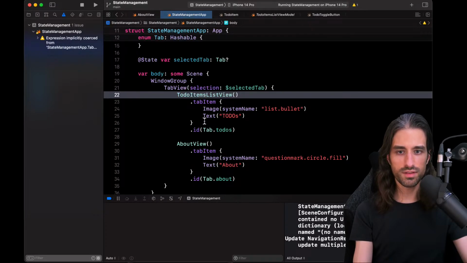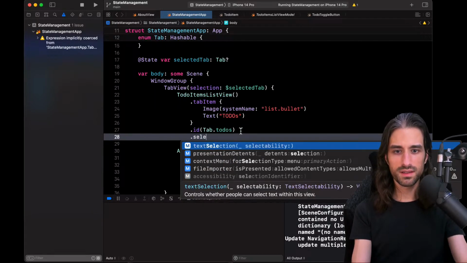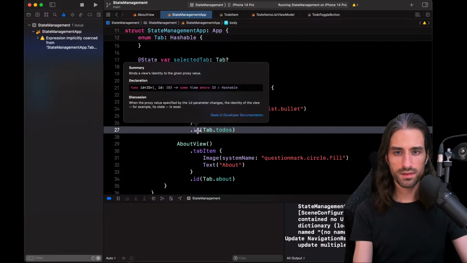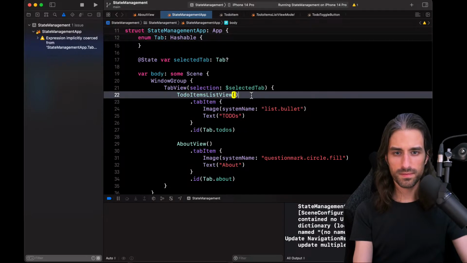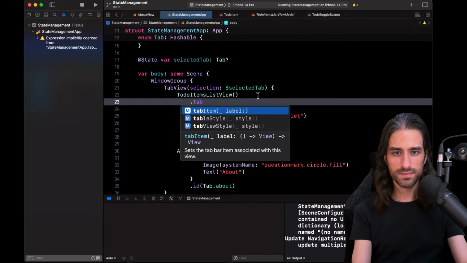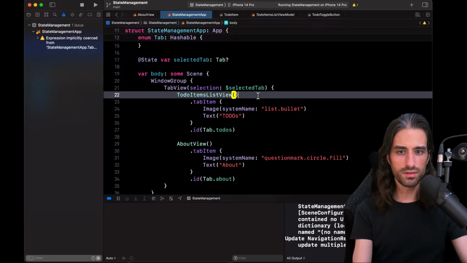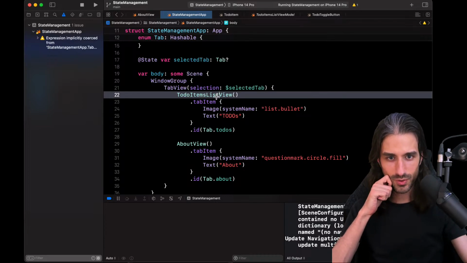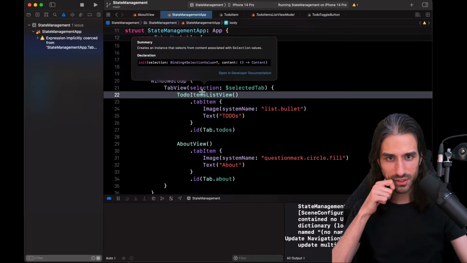So here is the selection value, and maybe it should be something different. I'm not sure whether ID is the correct one. No, it's not at the tabItem level. When you go off script, you always take a bit of a risk.